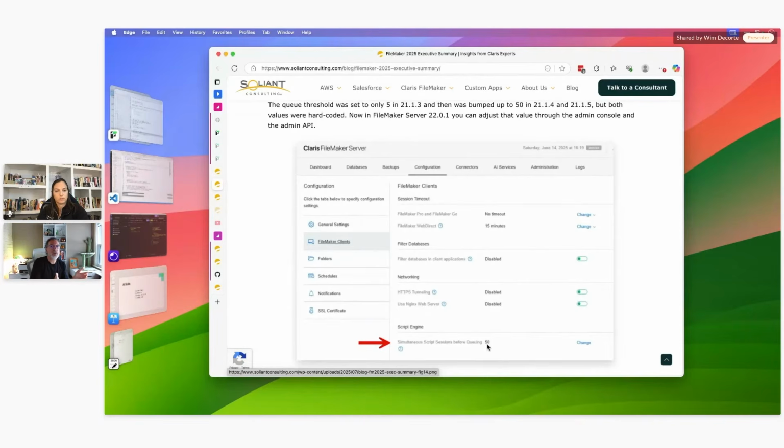But in production, with 20, 50, 60, 100 users on the server, it may be so busy with other tasks that throwing a bunch of Perform Script on Server requests at it doesn't really make your server faster, right? It can actually make your server slower, and not just slower for that one task, but slower overall. So this queue was really meant to put in a safeguard, an automatic safeguard by Claris, to say that if you overload your server, and they think 50 is overloading it, then it'll go on a queue to make sure that the server has enough spare resources for all of the myriad of other things that it needs to do.